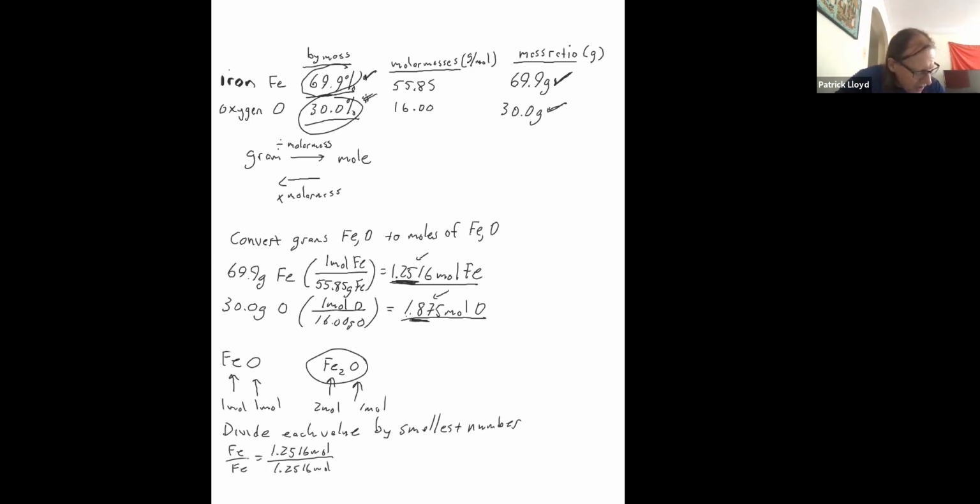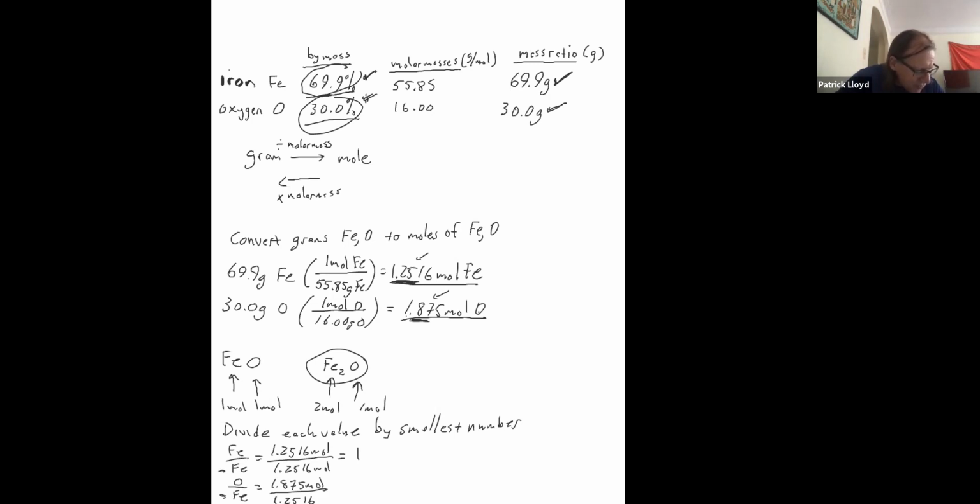So one of the things, a feature of this, is that one of them is always going to be 1, because you're dividing by the smallest and there has to be a smallest. So you'll always get one of them as 1. But now let's divide the oxygen by the smallest. So oxygen over iron, dividing by the smallest. So that would be 1.875 over